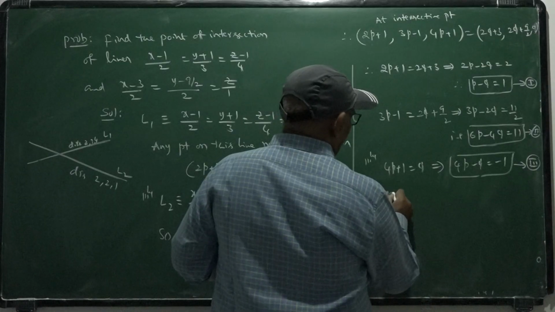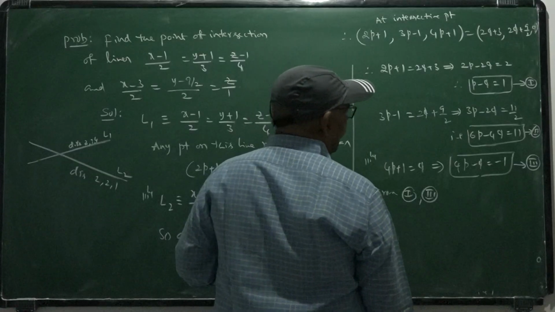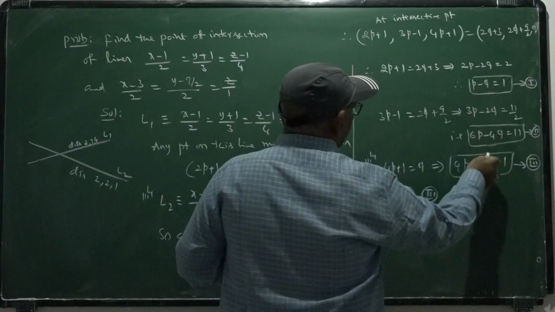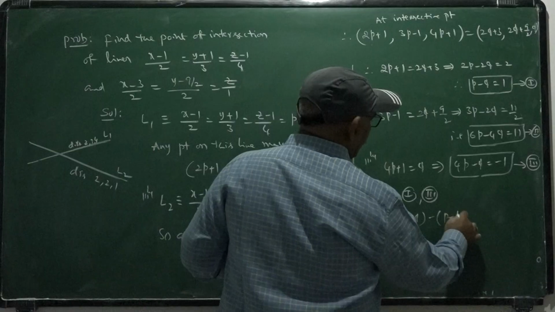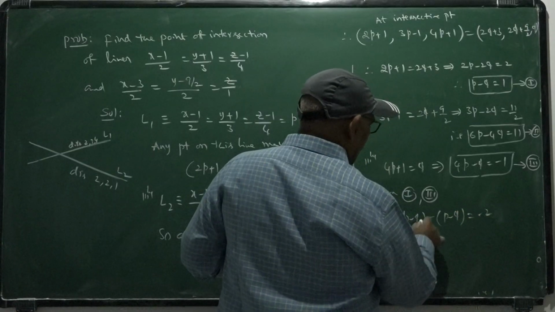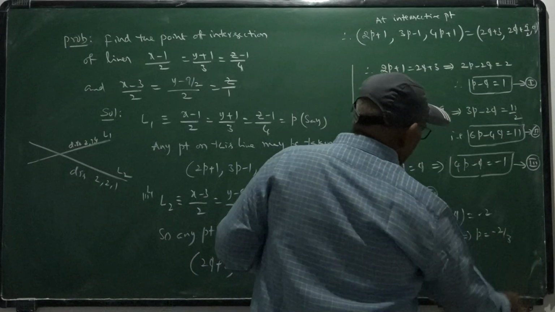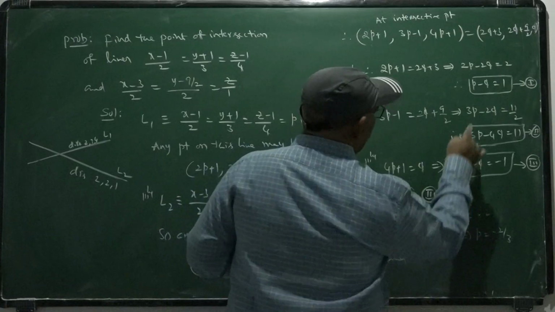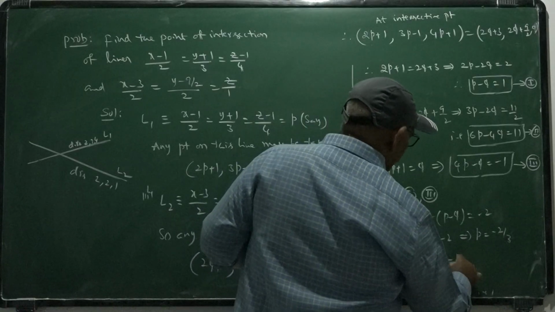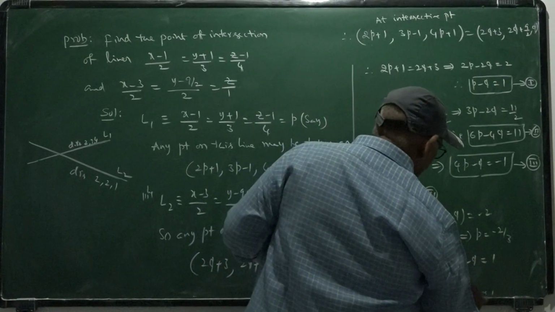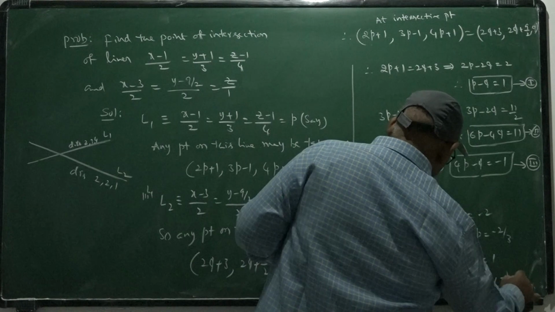Now solve any two here, from 1 and 3, eliminating q. That means minus of (p minus q) gives us minus 2, q is eliminated, 3p takes the value minus 2, which implies p equal to minus 2 by 3. And putting this value in 1, minus 2 by 3 minus q takes the value 1, which implies q equal to minus 2 by 3 minus 1, that is minus 5 by 3.